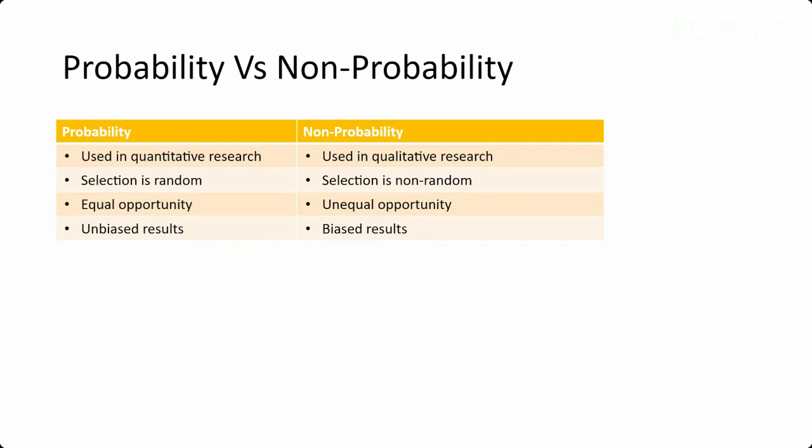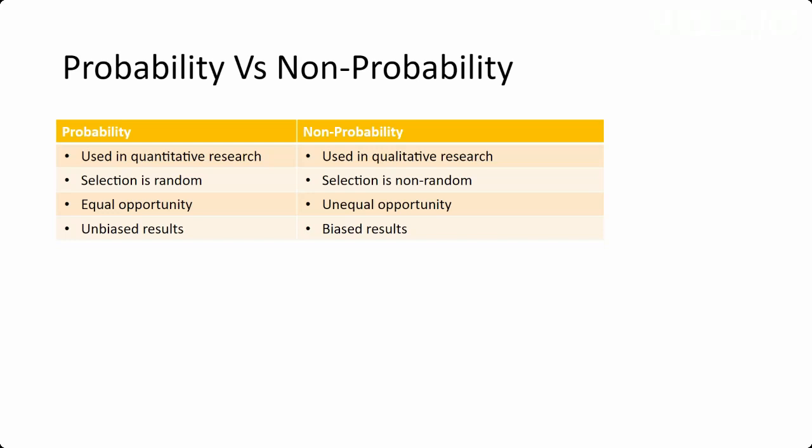So one of the major differences is probability sampling is mainly used in quantitative research, whereas non-probability sampling is used in qualitative research. Quantitative research, remember, has to do with numbers, numerals, whereas qualitative research has to do with words